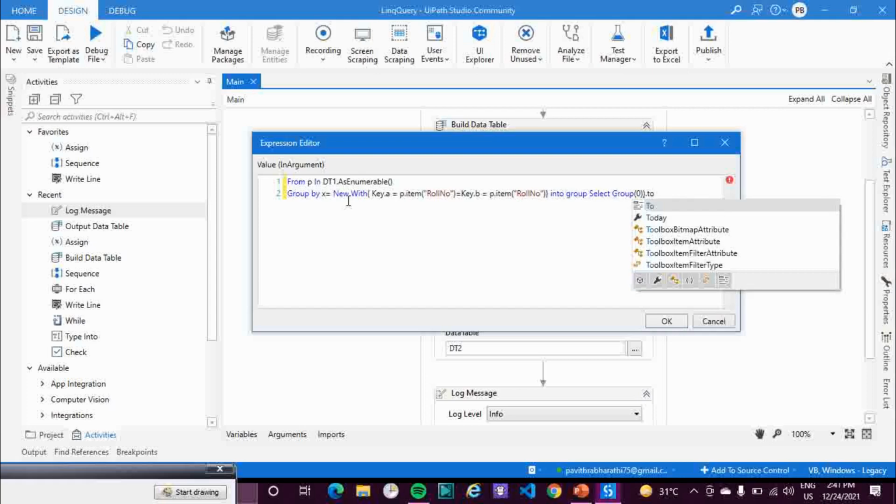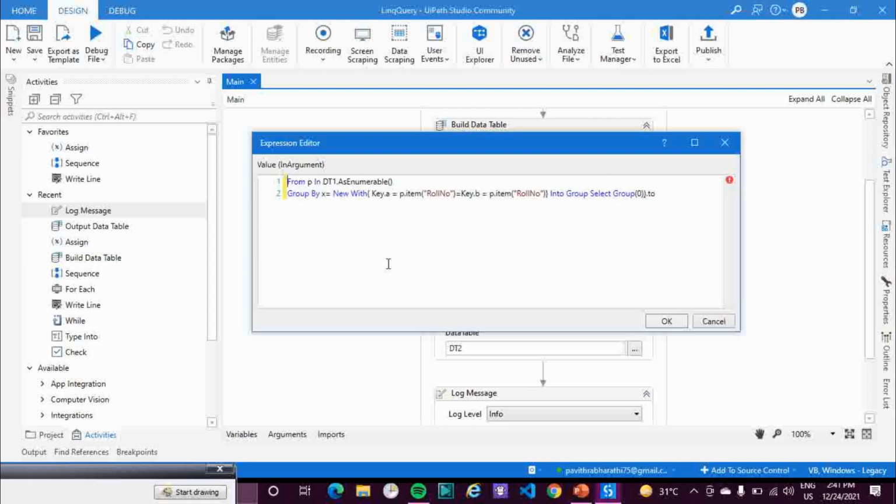Let's see. There is a red mark over here saying end of statement is expected. I haven't started with the open bracket. Let me see, dot to array. Still I'm not getting the dot to array. Let's see what I have missed.